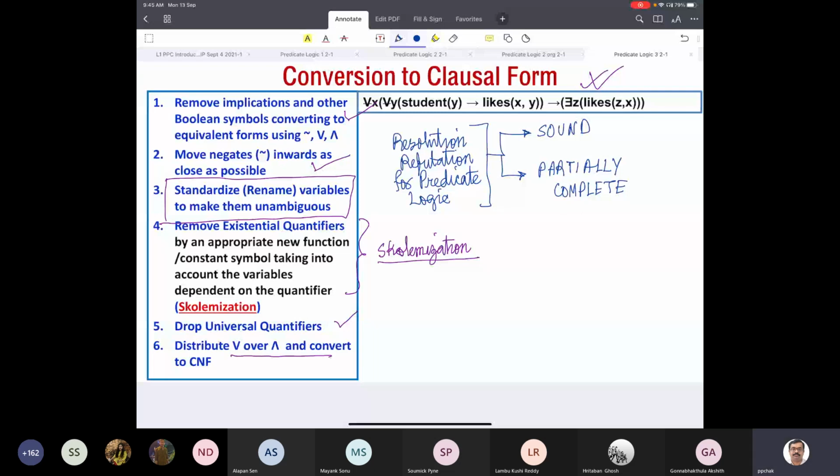The other part is if false can be derived, it will be derived. If false cannot be derived, the algorithm will stop without deriving false, from which you can get the